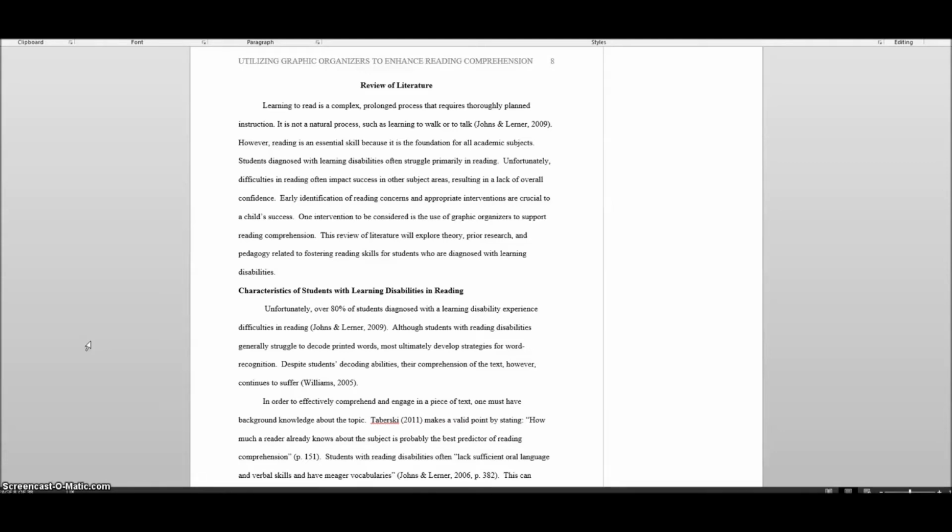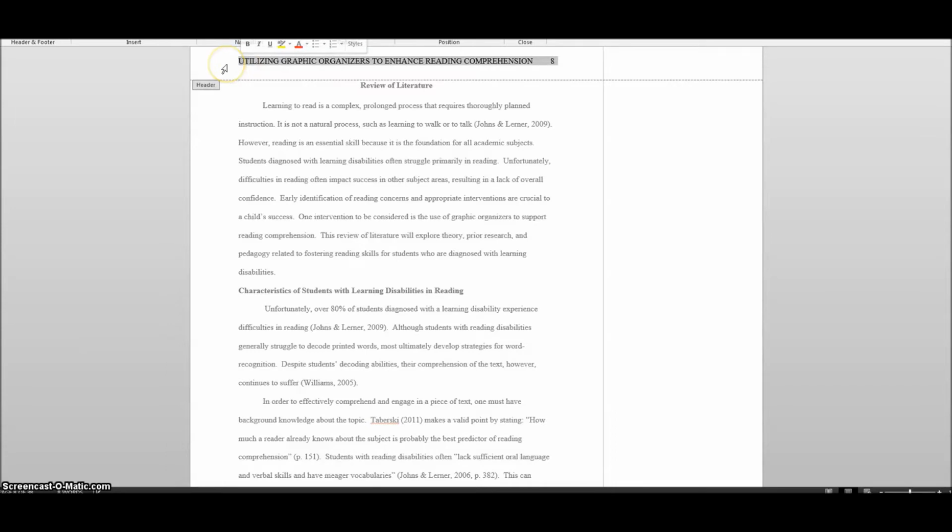So we're going to look at that and just call your attention to a couple of things. When you look at this document here, one of the first things that you notice in the header is, in all caps, utilizing graphic organizers to enhance reading comprehension. That's referred to as a running head. You will not have that at this point when you're writing a review of literature, because what the running head tells the reader is this is the focus of this action research. So this is something you'll be adding later